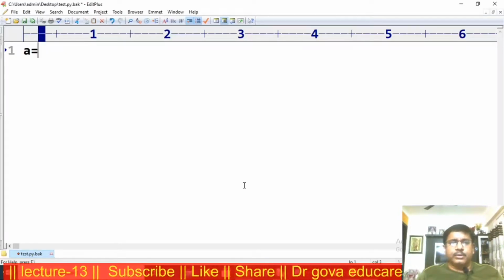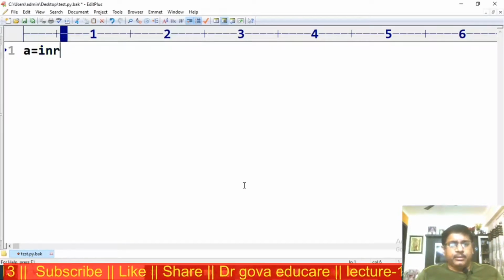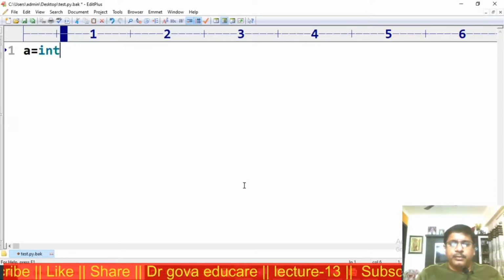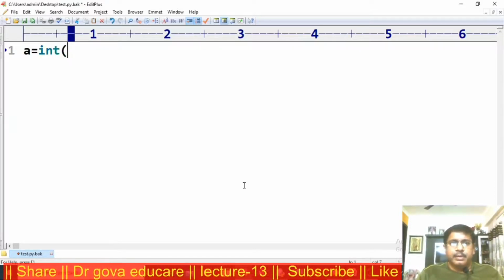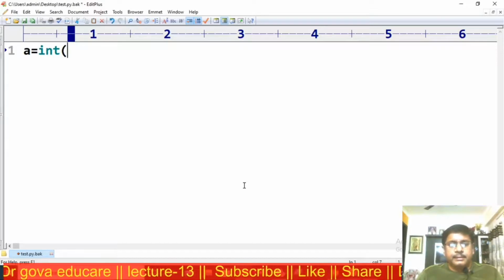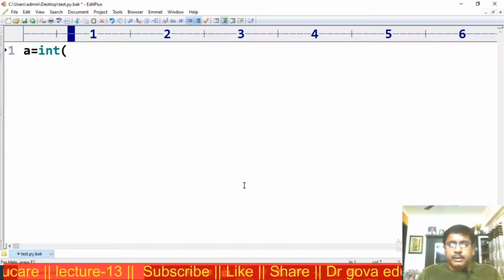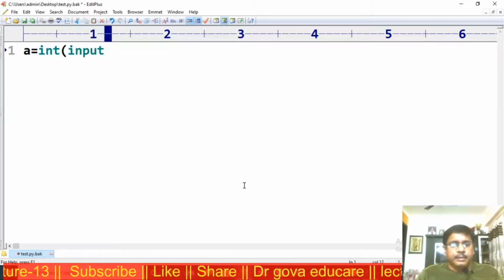A is equal to, assuming int value, int of input, enter.